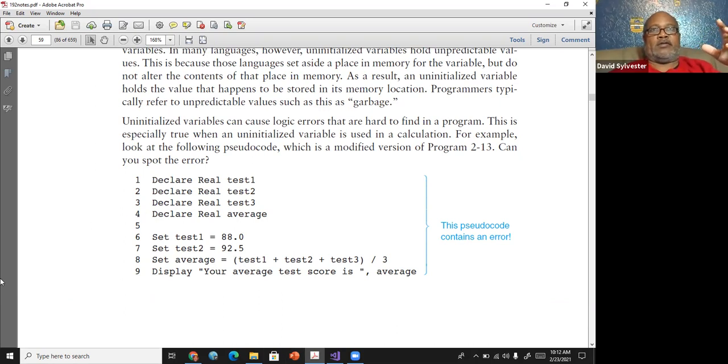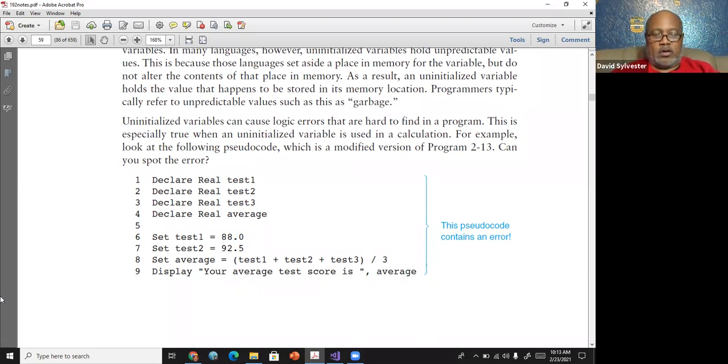If I gave you a program and said you ought to write this program given test 1 is equal to 80, test 2 is equal to 90, and test 3 is equal to 100, to write that program, you would not allow the user to do what? Input the values, because the values are already what? Given to you.